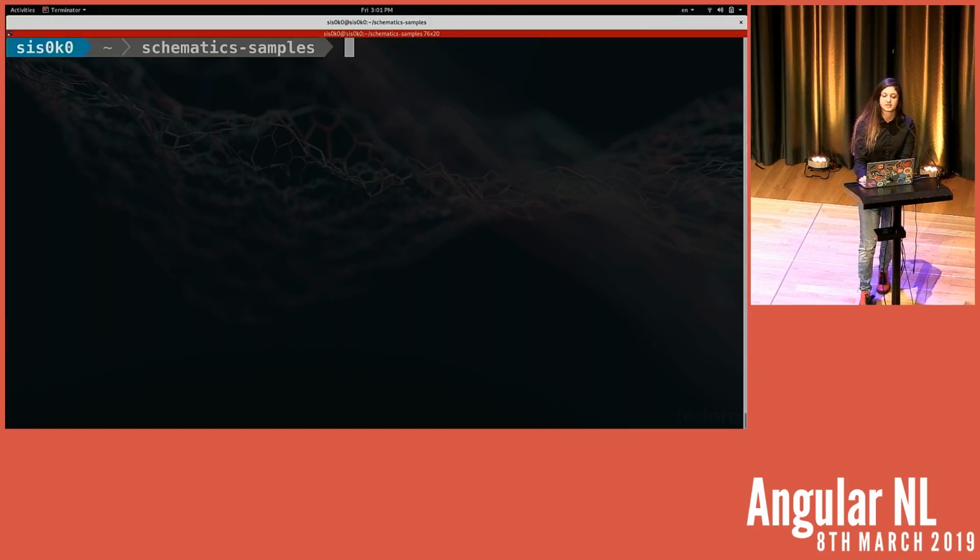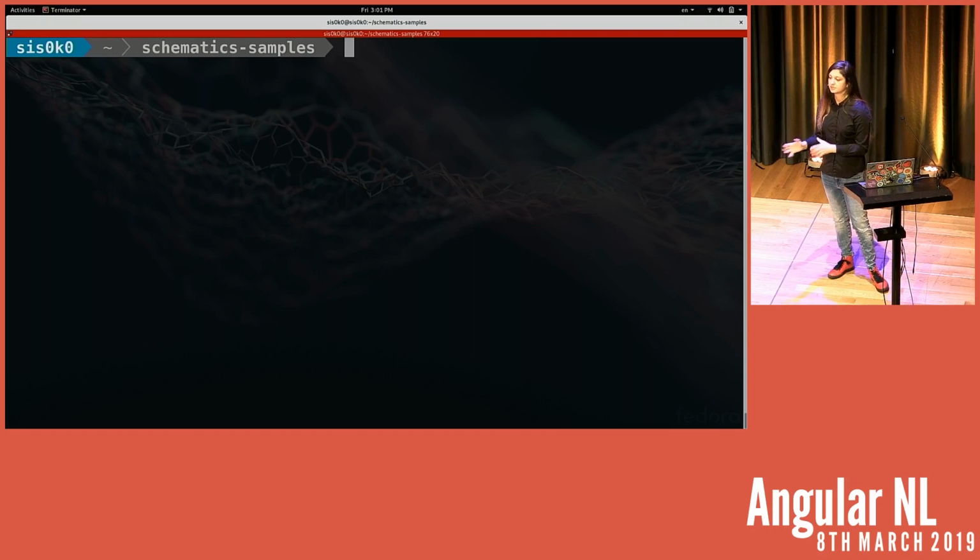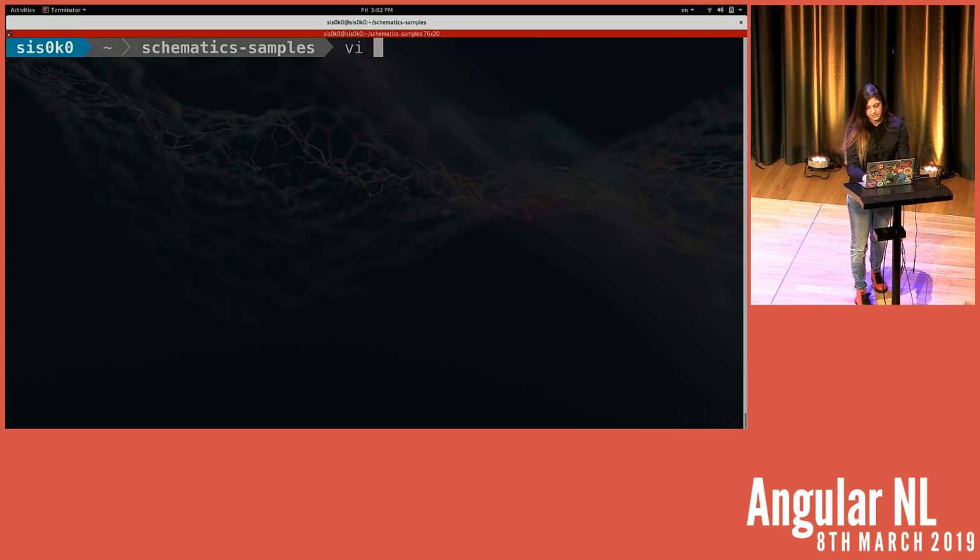So what we're going to do is try to edit a file. Another important thing about ng-add: if you ng-add some library, the library will be installed, but it won't be saved in the package.json file. So if you're trying to create a setup script for ng-adding, you will usually have to modify the package.json in the project and save your library as a dependency or development dependency or anything you would like. So let's see how we can do that. I think I have it set up,